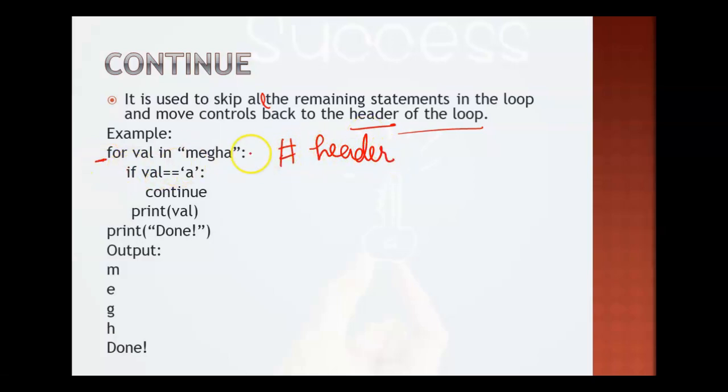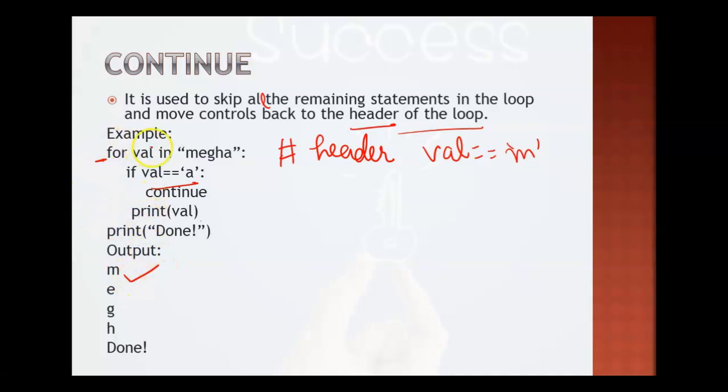Now you please check again, the example is with respect to a string sequence only. So this is also for the traversal of the string characters one by one. This time the variable name is val. So first value of val is m. So val is equal to m. The condition is with respect to a. So this condition is false. It will go to the display statement and will display m.